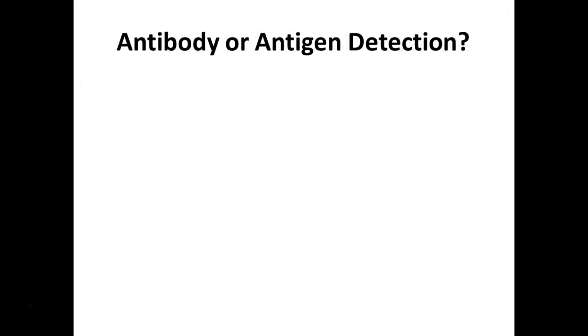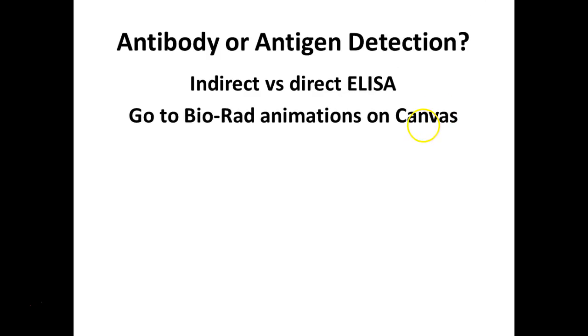So what are we doing today? Are we looking for an antibody in someone's sample or an antigen? Antibody. We're looking for an antibody. We're doing an indirect, not a direct ELISA. Right? So Bio-Rad has